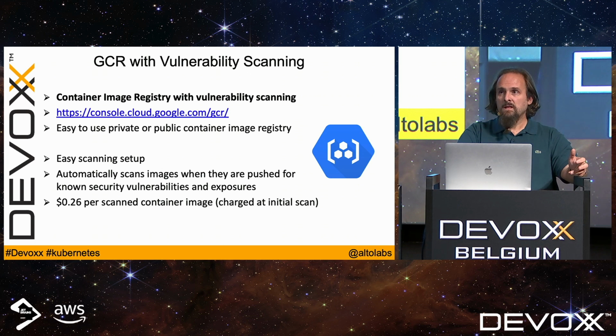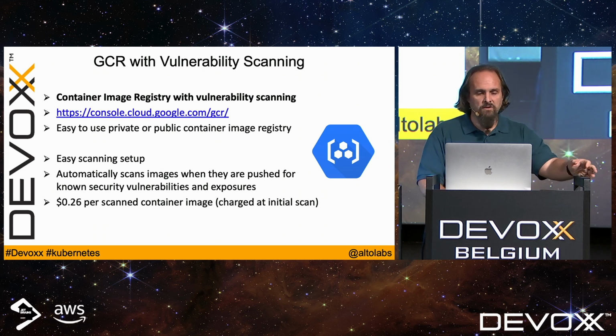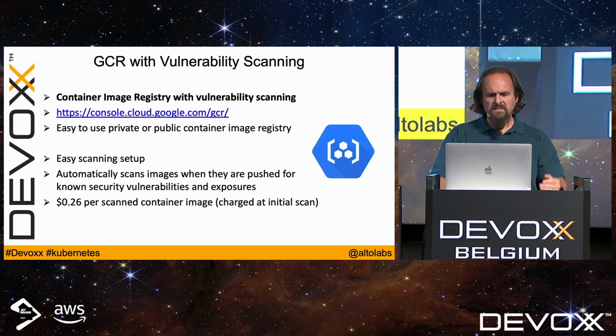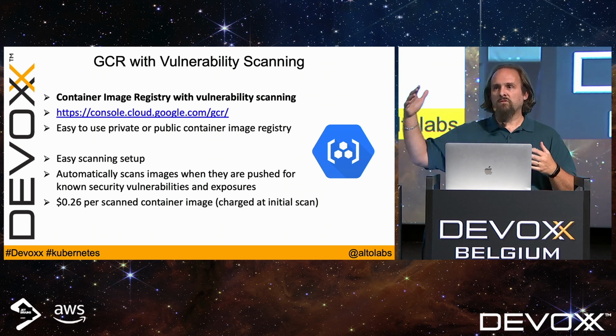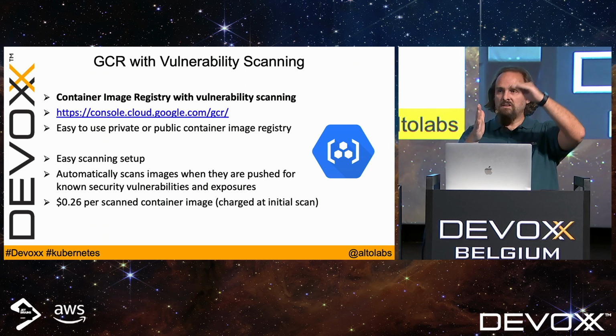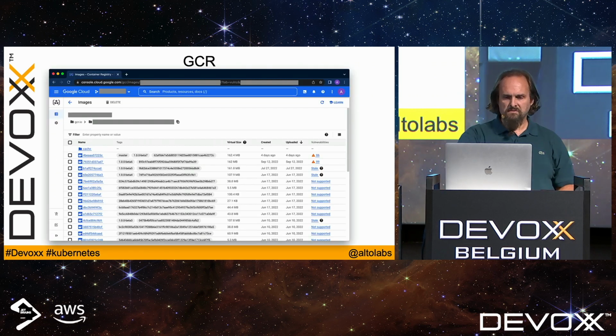As you probably know, if you create a container image 6 months ago, and you're still running in production with that image, it's very likely that some CVE have been published, and that there are some security issues in your container image. What it does is it will automatically scan images when you push them. It costs 20 cents per scanned container image, but it's only charged at the beginning. If you go back a few months later, you don't pay anymore, and you have the list of CVE that increases. For example, here,